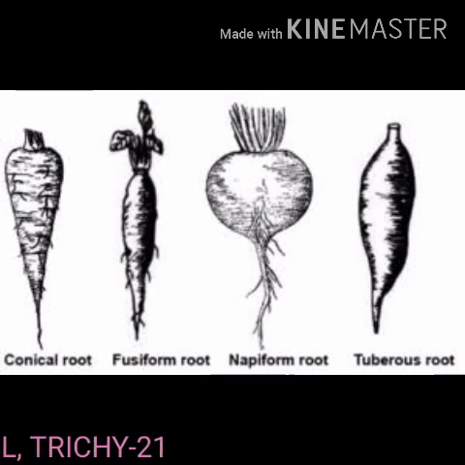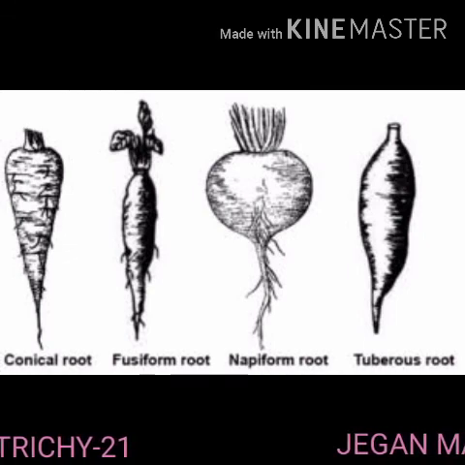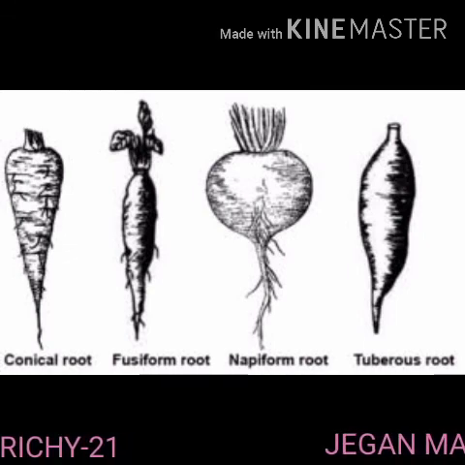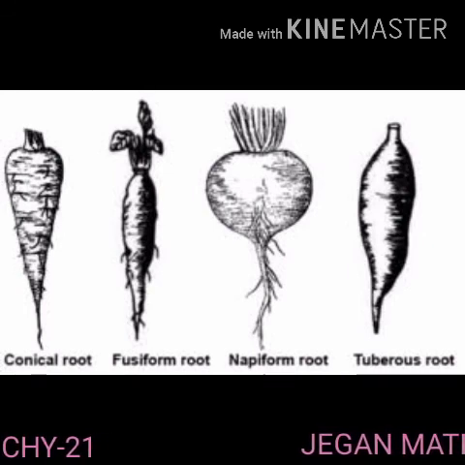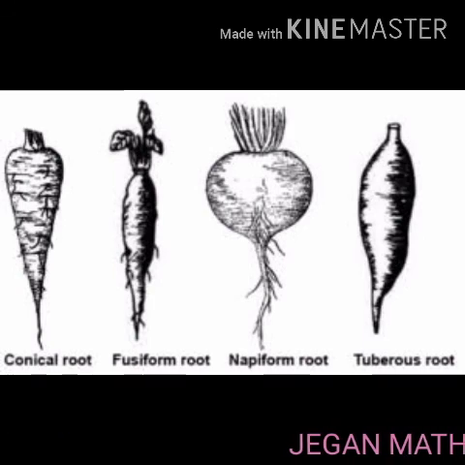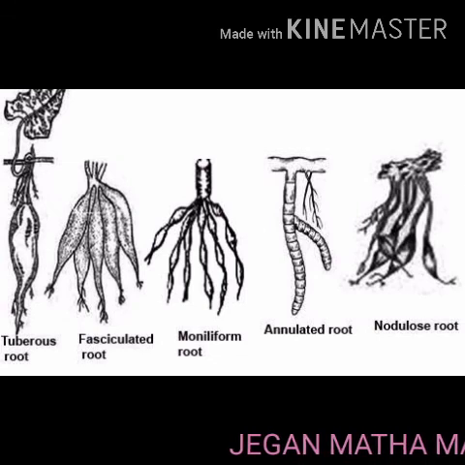Example, beetroot. Breathing roots. Some mangrove plants like Avicennia develop special kinds of roots for respiration because the soil becomes saturated with water and aeration is very poor. They have a number of breathing pores on pneumatophores for exchange of gases. Advantageous root modifications.